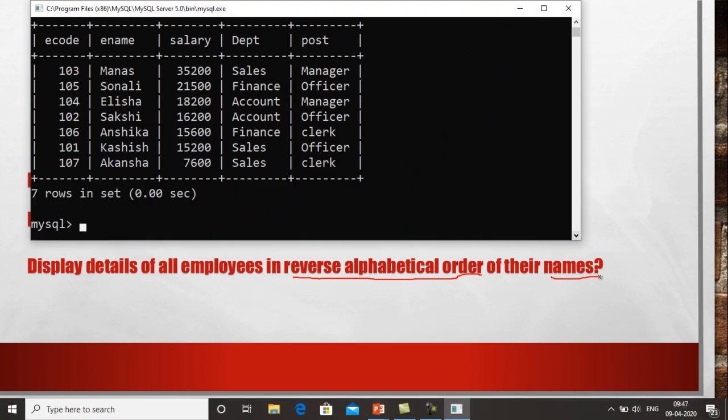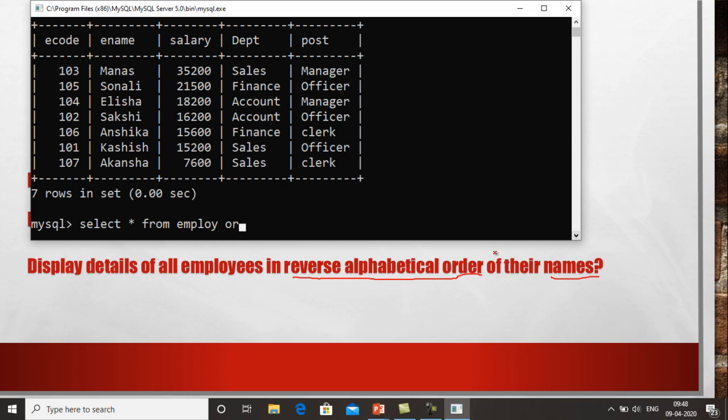So let us do it. Select star from employee. You can see that display is written, that's why I have used select, details, star. Then immediately after writing the star or the field name, you have to write from and then the table name. Now this much part is over. After that we have to write the reverse alphabetical order of their names.